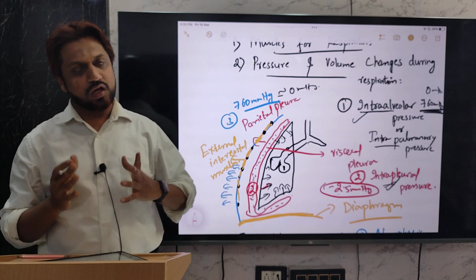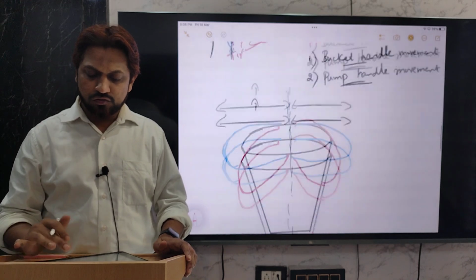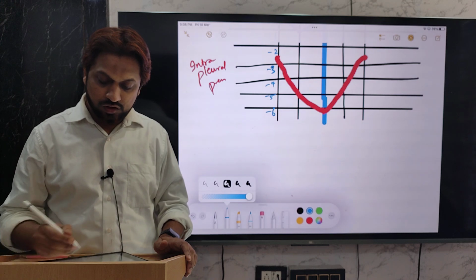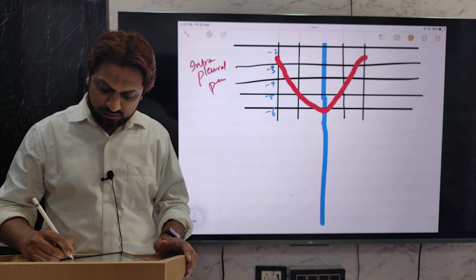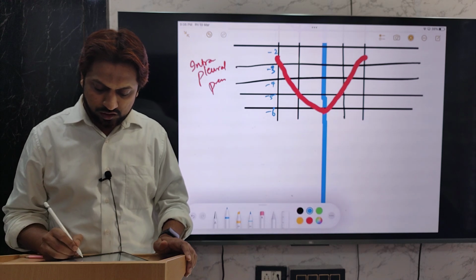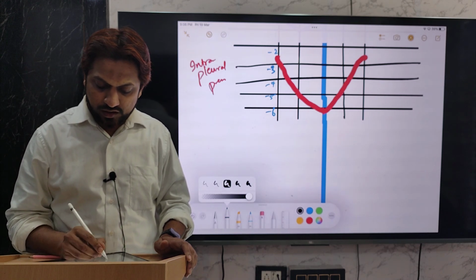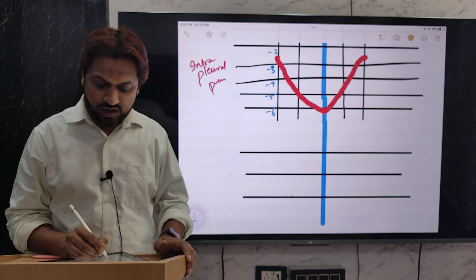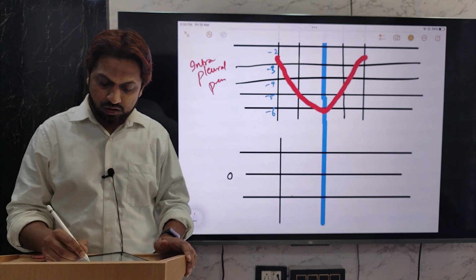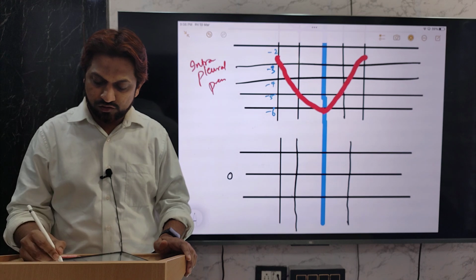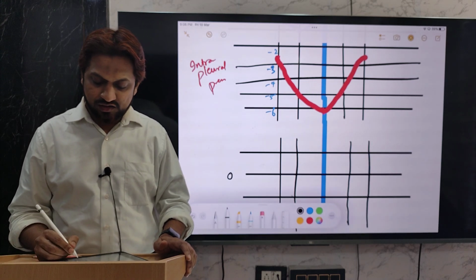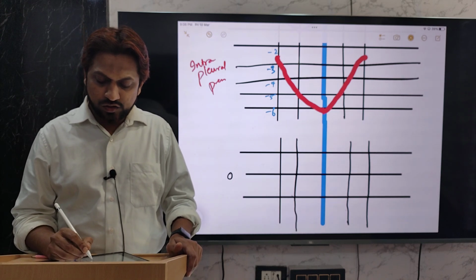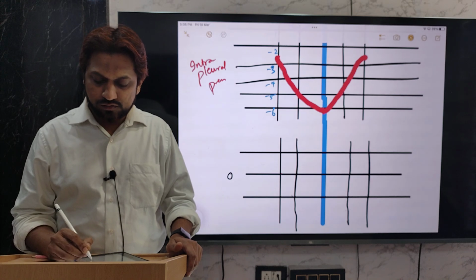This pressure gradient occurs due to the volume changes. So what volume changes do you expect in normal breathing? Again we'll show it graphically. So again I'll draw a few lines here to show the volume changes. Consider this as the zero volume, and on the x-axis again the time duration, same for inspiration and expiration. So what exactly happens in the volume changes is, during the process of inspiration there is the